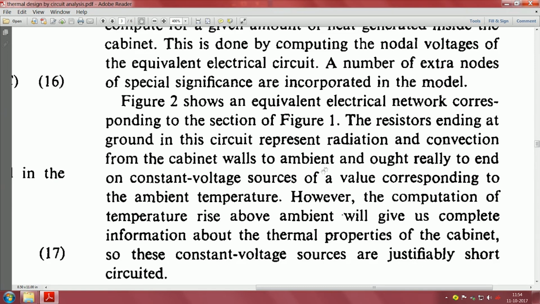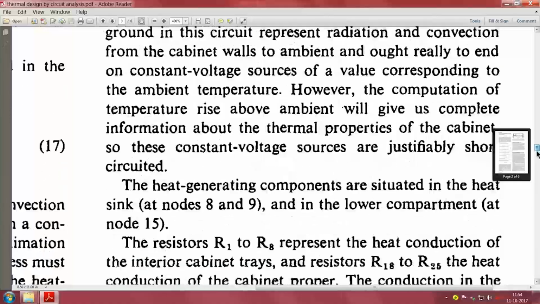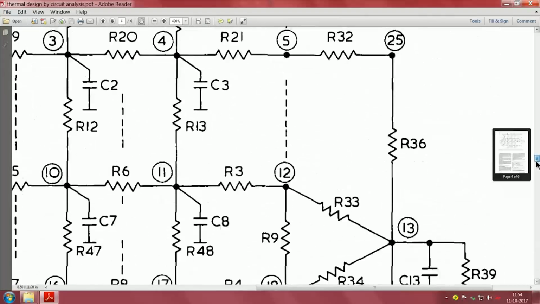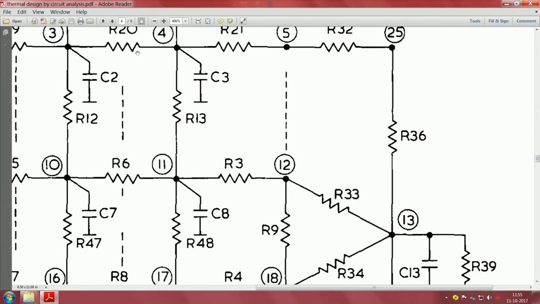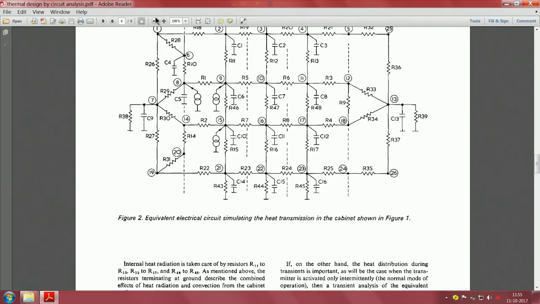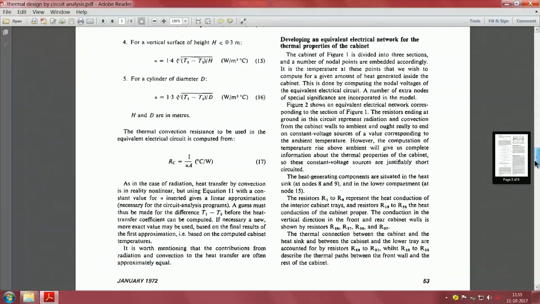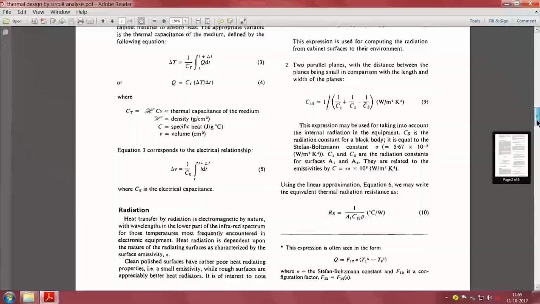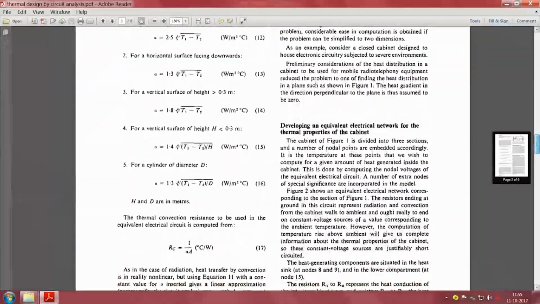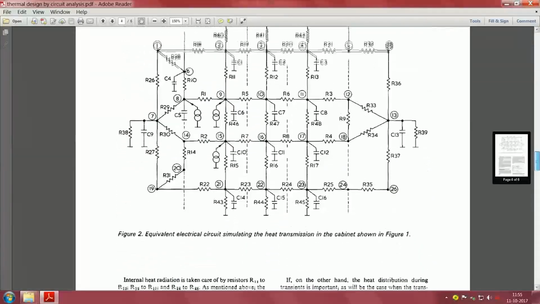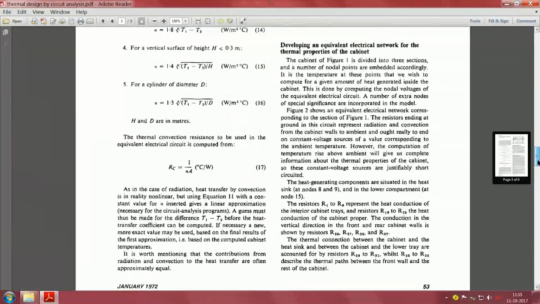So, assuming this is not, while it is not impossible, maybe I should make it a little smaller. I am not able to